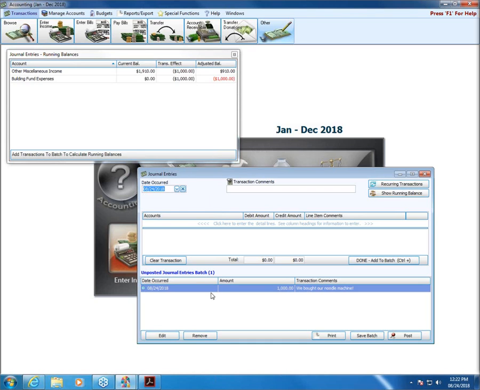So you can do multiple lines in your journal entry here as well. And when you're all set, everything looks how you want it to look, you simply click your post button right there. So again, these are all going to be unusual situations when you use journal entry transactions. Some other